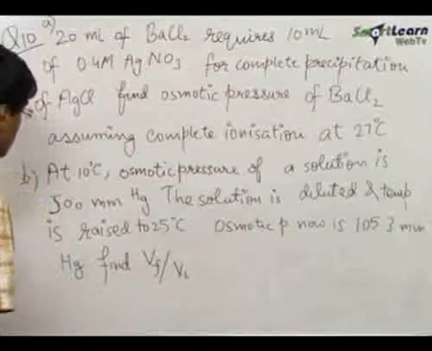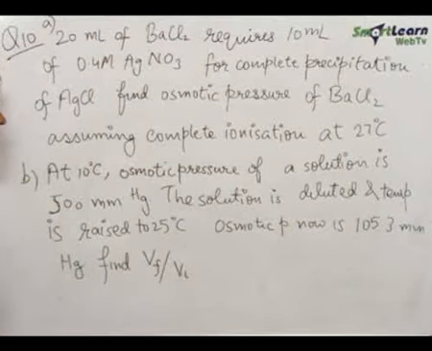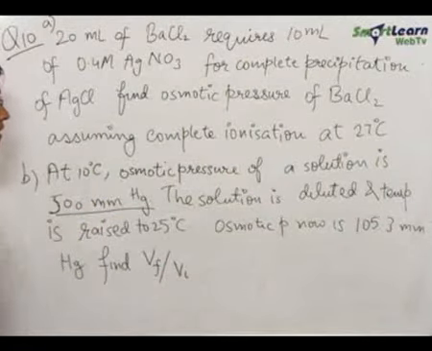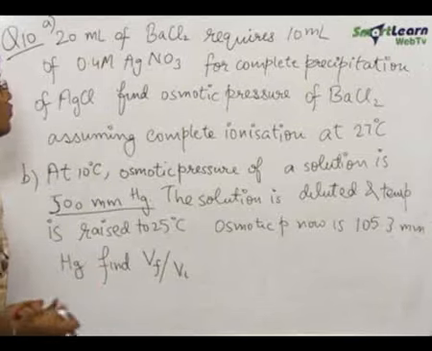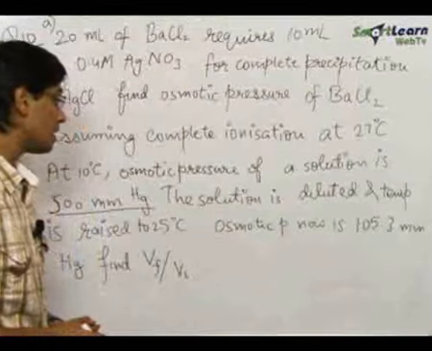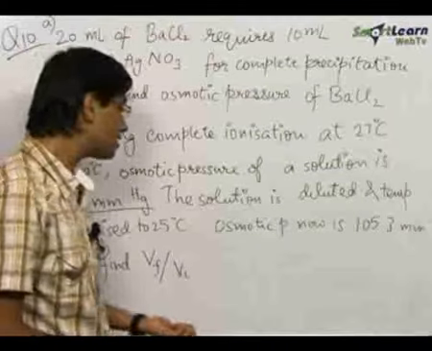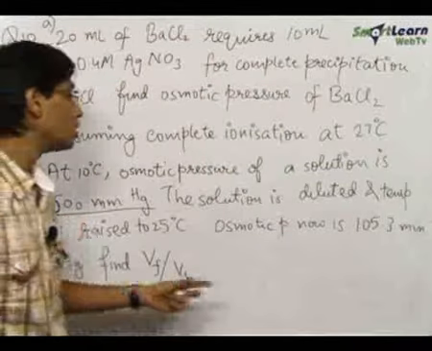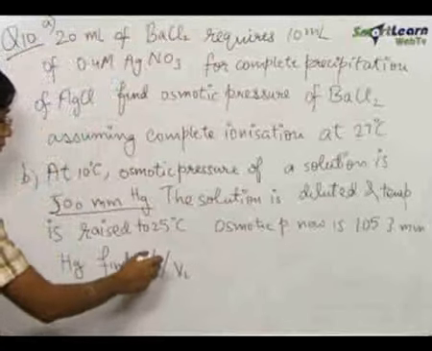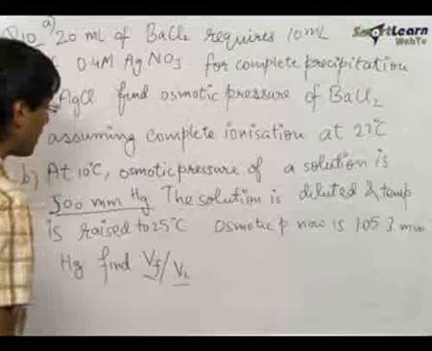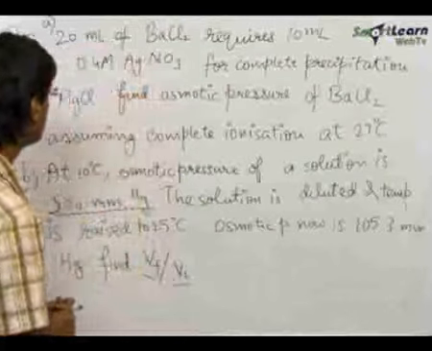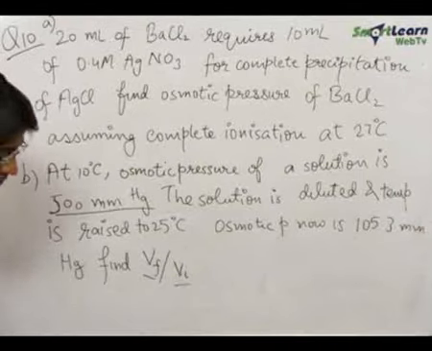And in the second part, we are given that at 10 degrees Celsius, the osmotic pressure of a solution is 500 millimeter of mercury. The solution is now diluted to a new volume and the temperature is also raised to 25 degrees Celsius. And it is given that the osmotic pressure has decreased from 500 mm mercury to 105.3 millimeters of mercury. If final volume is Vf and initial volume was Vi, then we need to find the ratio of V final and V initial. So starting with the first problem,